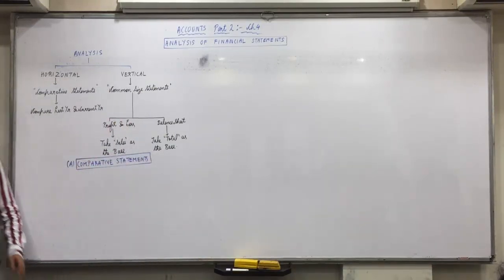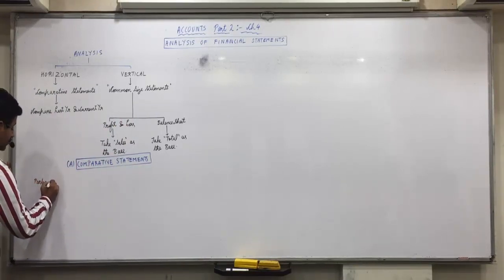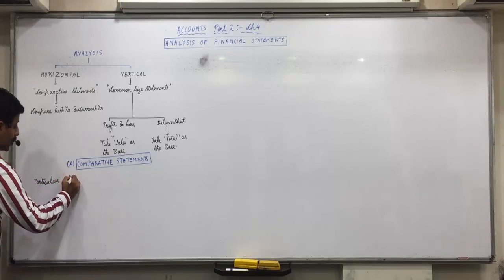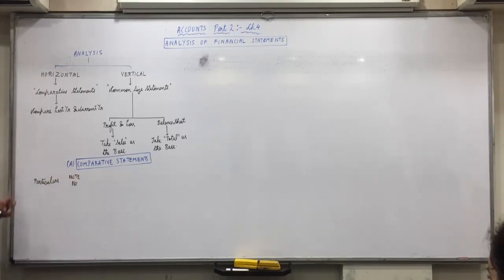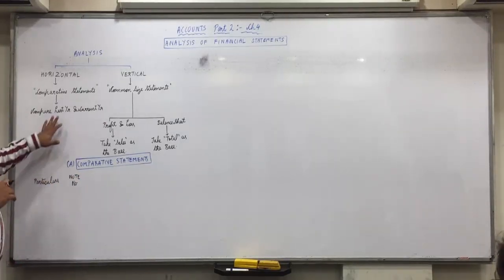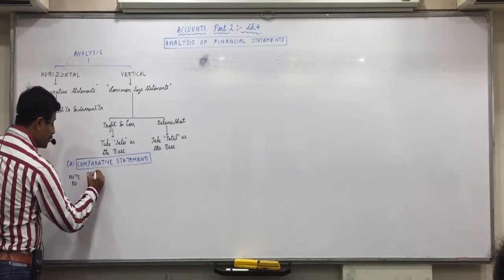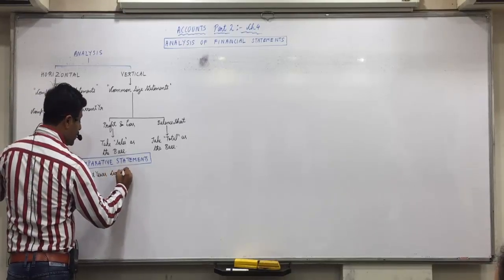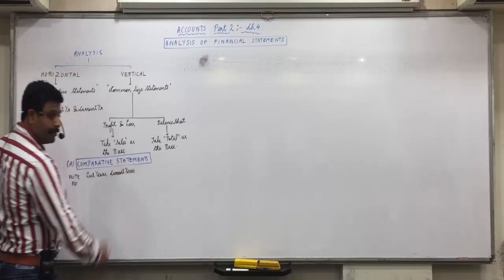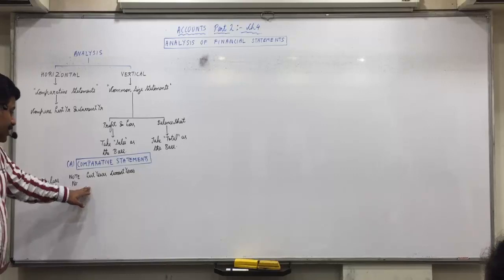In profit and loss and balance sheet, the common format is particulars and then note number. Then we used to have two columns of amount. Again two columns of amount. But because we are comparing last year and current year, in one column of amount we will have last year's amounts. In another column of amount we will have current year's amount. So we'll compare current year with last year. Then we will find